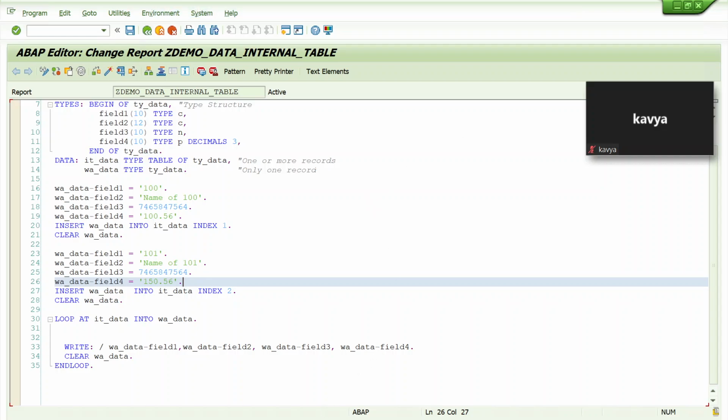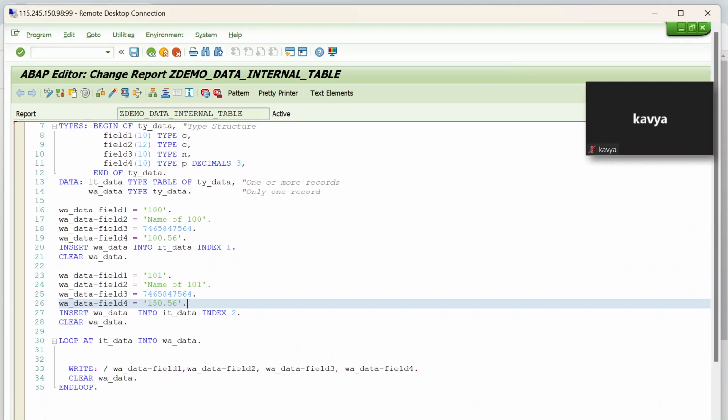So try to practice this. We have more options on internal tables. We even have internal table operations. So we'll discuss that in the next session. But make sure